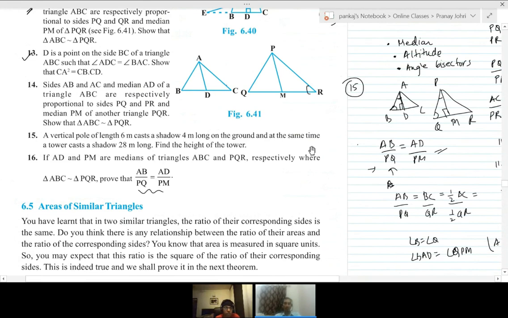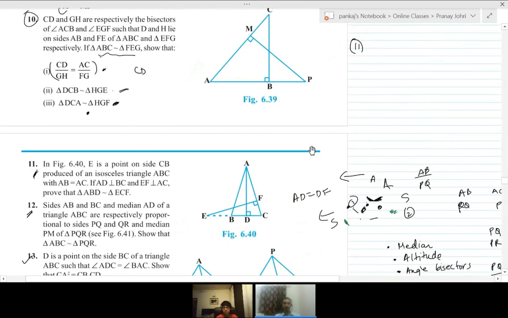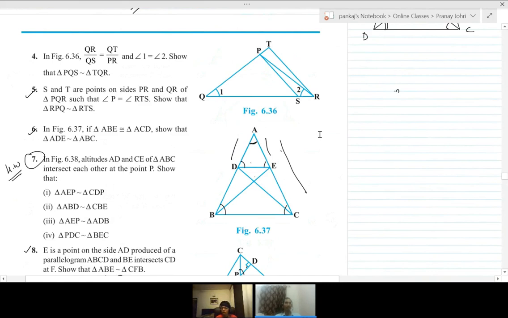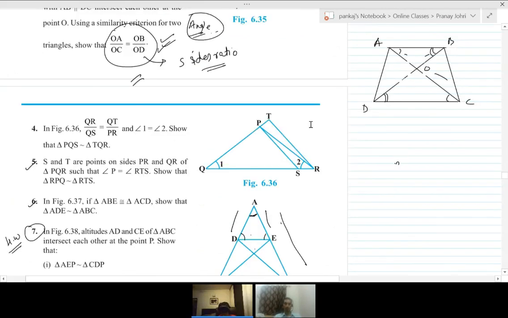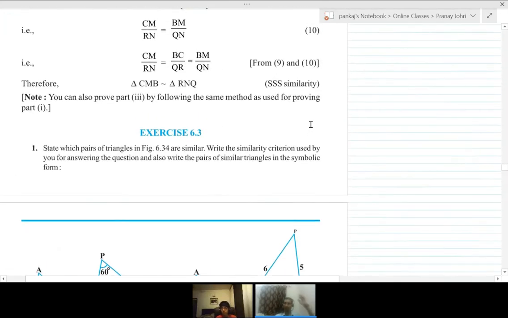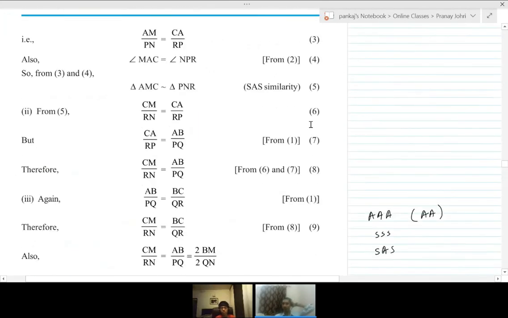So hope this exercise is at least understood at the first go. So you can just try one, two times. Things would be more clear. But the point is just three things: SAS, and SS. Just three things we used. So I just wanted to do one, two questions from the past exercise that I missed from RS Agarwal. So let's do one, two questions, and we'll go ahead to the next exercise then.